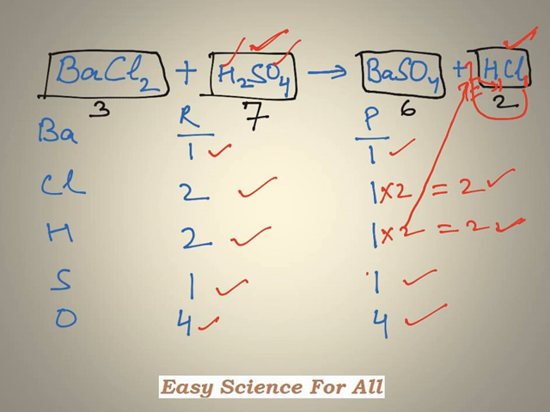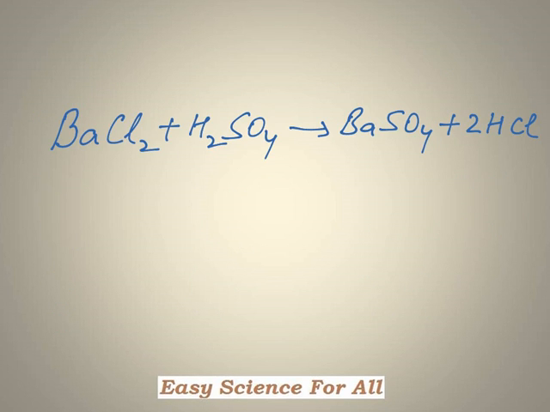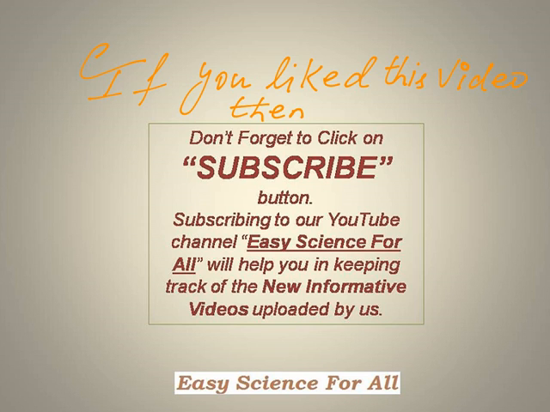So it means that by this little modification we have ultimately balanced the equation, and the new balanced equation is, so this one is a balanced equation. But for instance, if in one step this equation would not have been balanced, then we would have repeated the same process again and again until and unless we get a fully balanced equation.